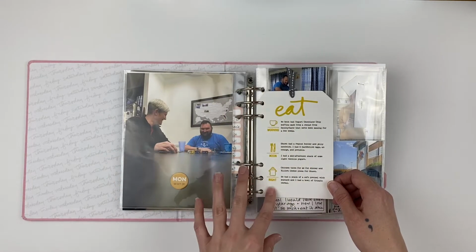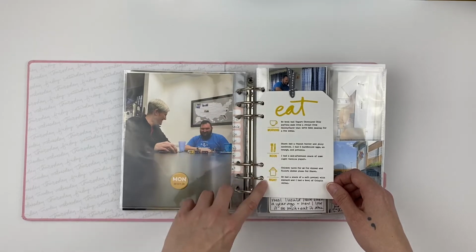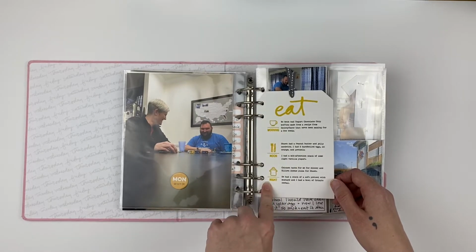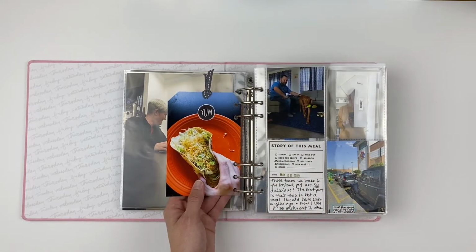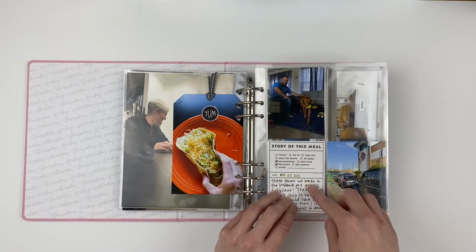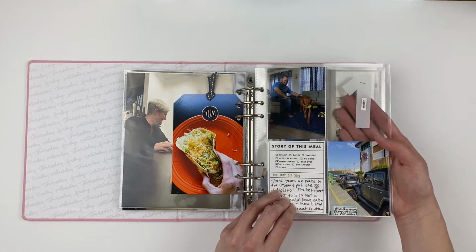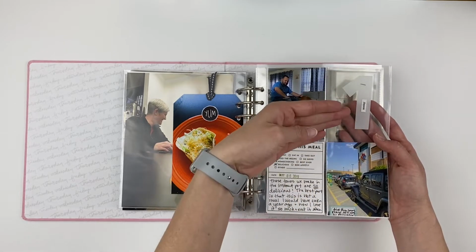So I just cut a tag shape and then stamped out the word eat, morning, noon, and night from the Eat Story kit, and then typed in what we were eating. And then on the back is usually a photo of that meal, or of one of those meals. Then I did a 3x4 pocket with keeping one of those pockets empty or transparent,